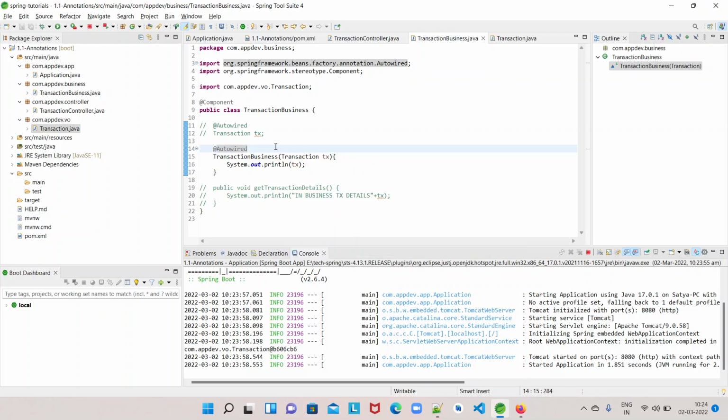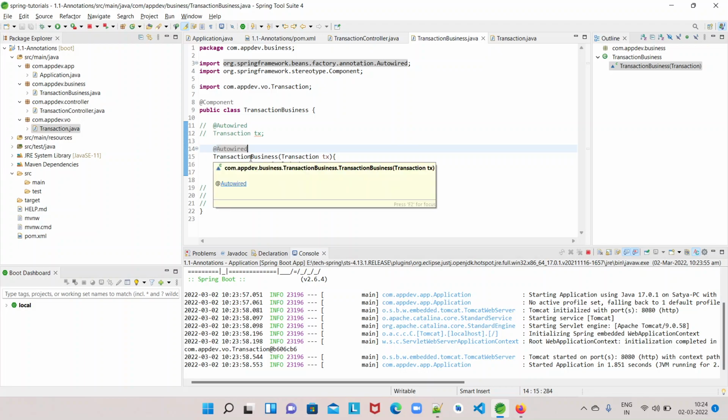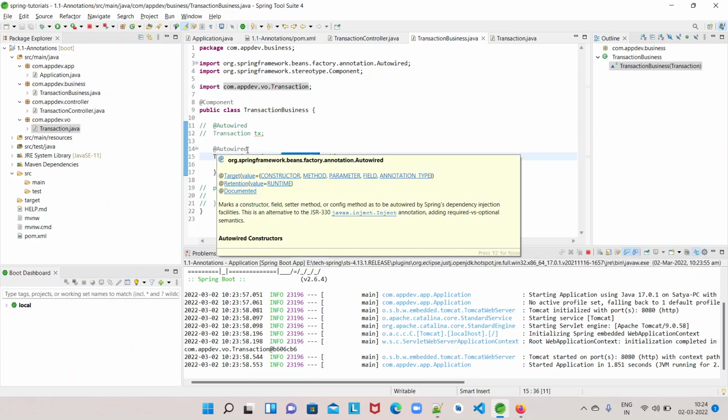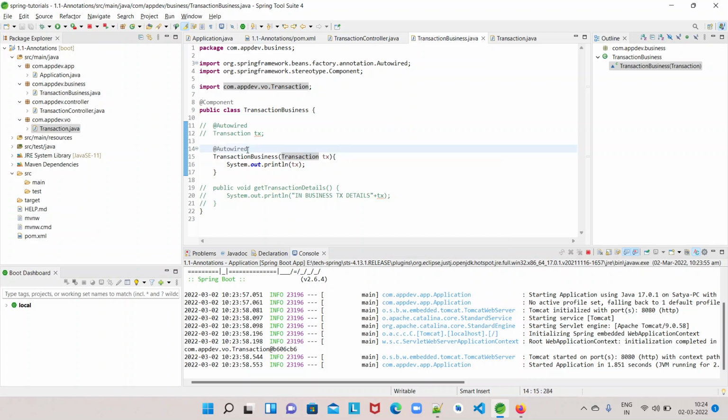The moment it found an @Autowired annotation on this constructor, it goes and fetches the corresponding object from the framework, gives you this transaction object, and the transaction business object will be constructed. So this is the way we inject dependent beans using constructor based injection using @Autowired.